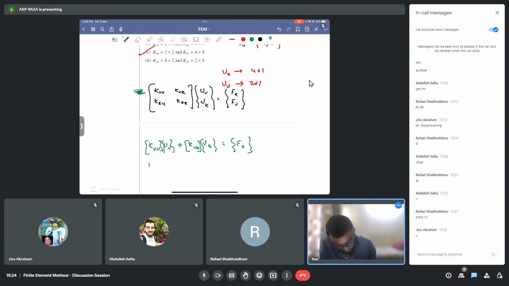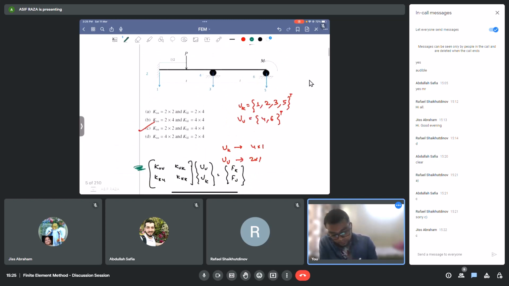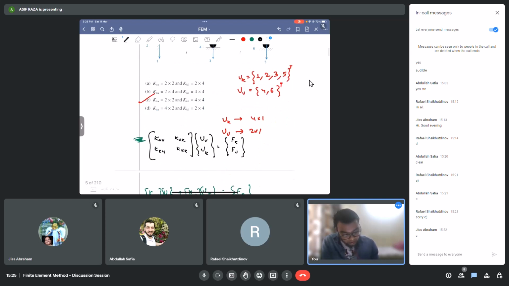Similarly, K_uu u plus K_uk u_k, that will give me f_u. Now, one thing is the dimension of u_k would be same for f_u, so that will be also 4 by 1, and f_k